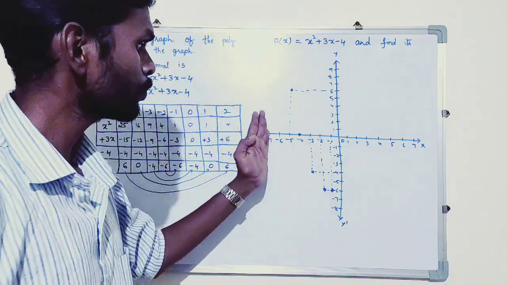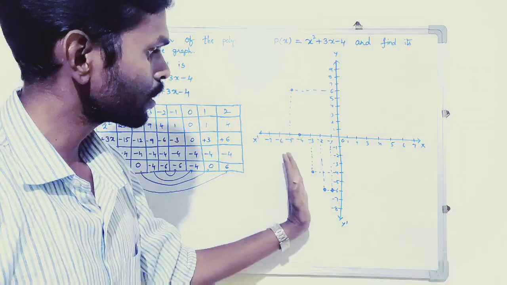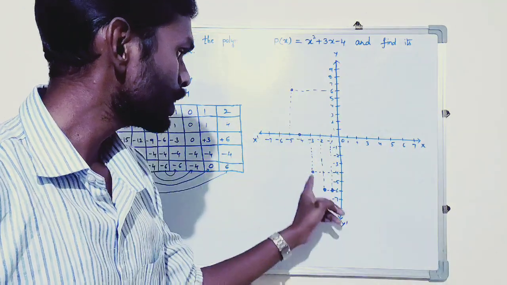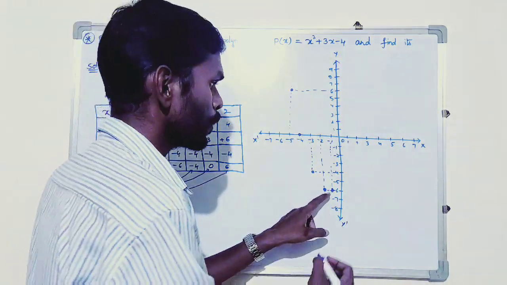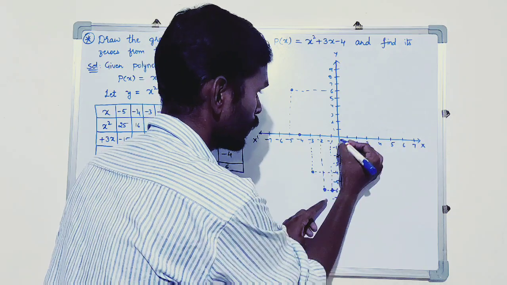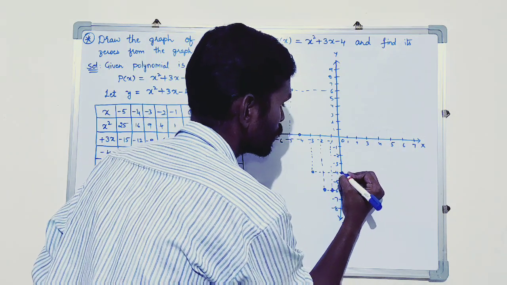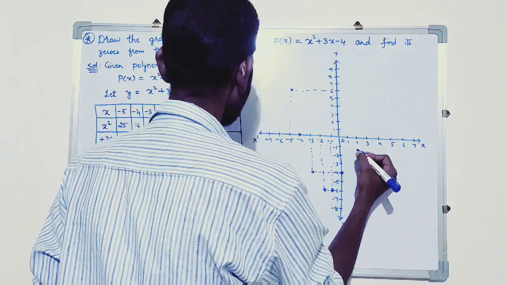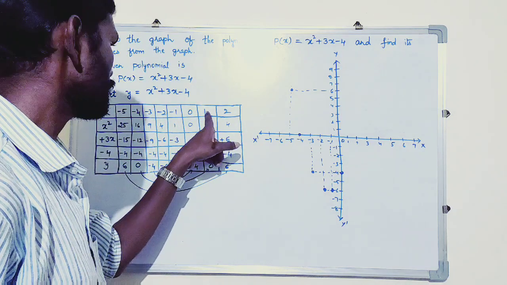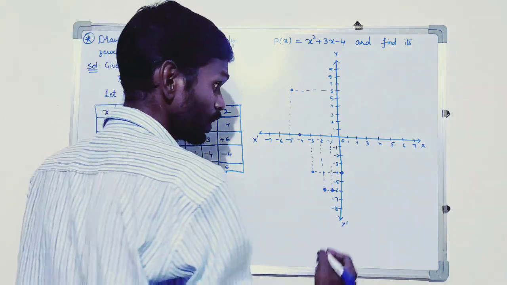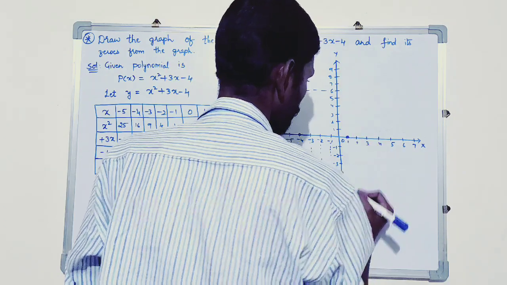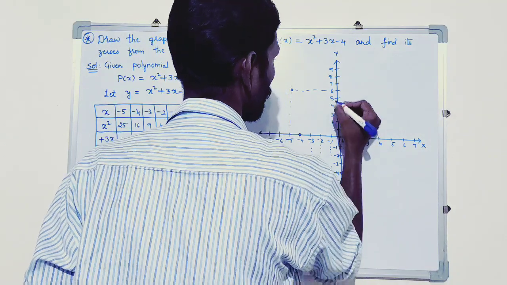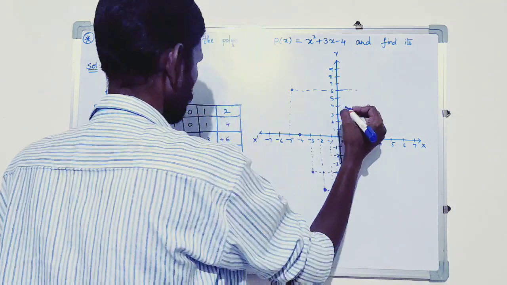Same value. So here the graph is turning, right? It is taking a U-turn. That's why it is in a U shape. So it is taking a U-turn. The same points will come for the further values. So for x equal to 0, what will be the point? Minus 4. See here. Similarly, for x equal to 1, what is y? 0. So it is on the x-axis. And next, for x equal to 2, what is the value? 6.